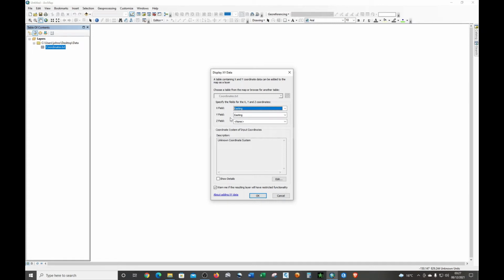You need to change that one. Normally the X value is the easting. That's also something you need to understand. Then you're going to choose the coordinate system for data, and mine I picked Arc 1960